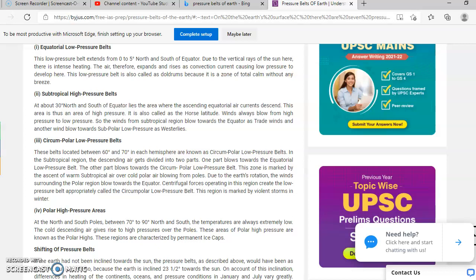This sinking air blows over the surface, and as it comes over to the 60 degrees latitude north and south of the equator, it becomes warmer. As it is coming to the lower latitudes, being warmer, it has a tendency to rise above. So this dynamic movement of air causes a low pressure in the subpolar areas. Am I clear? So students, these two pressure belts, that is the subtropical high at 30 degrees north and south, and the subpolar low pressure belts or circumpolar low pressure belts at 60 degrees north and south, are dynamically created. So these are the various pressure belts of